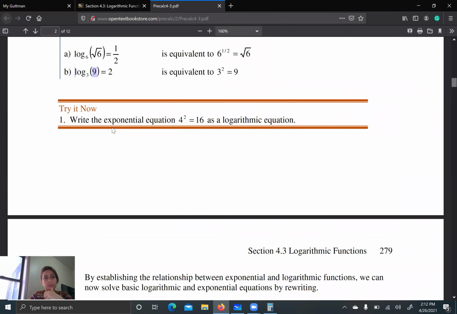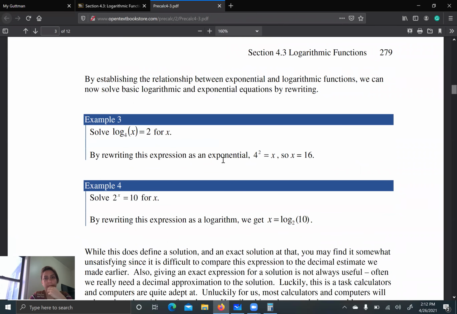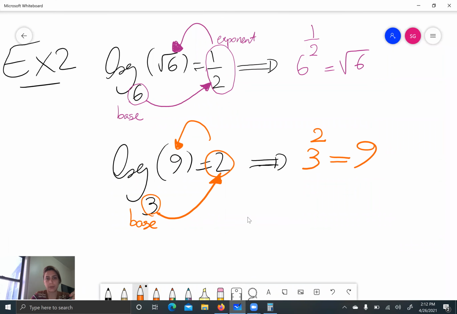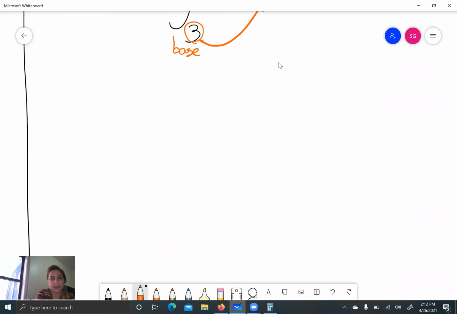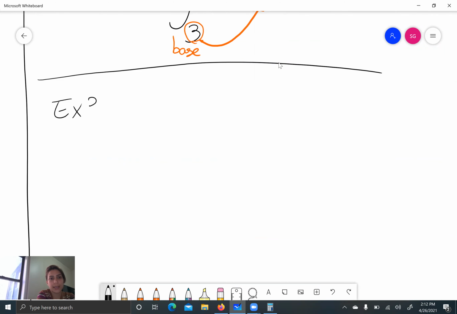I recommend you try to rewrite this exponential function as a logarithmic equation to have more practice. Now let's look at another example. For example, it asks us to solve this equation for x. It's a logarithmic equation. Look at this question. This is nice. Example 3. The question says, solve